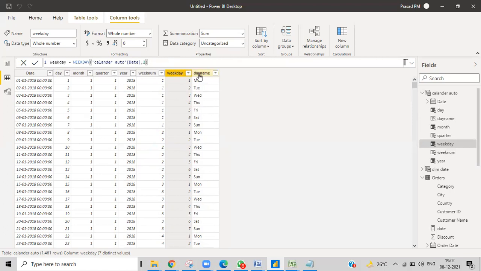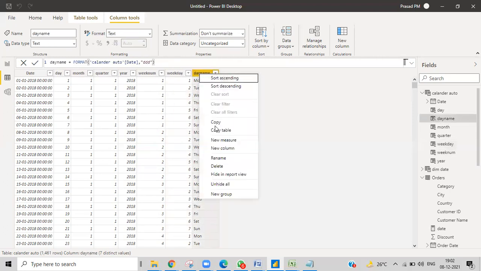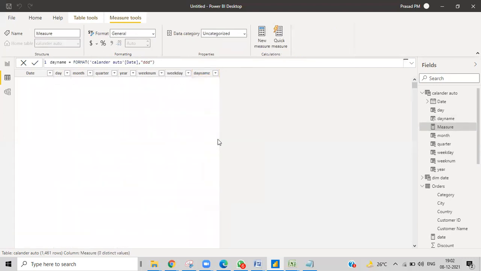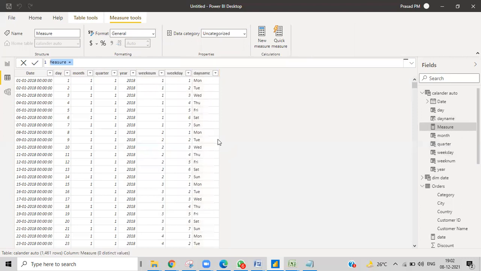And after that, I just want to create a month year column. Month year is a column which is useful when you have a lot of months, and by month you want to show some sales. If you take the month in a particular column, then obviously I can show you an example right now.